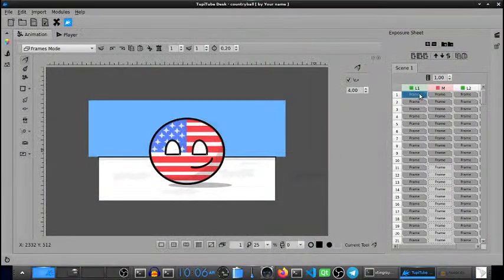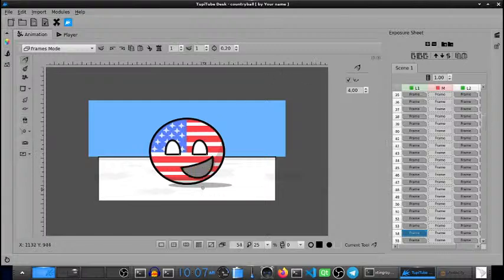So here is the source file, and if you pay attention, the mouth starts moving like this. There are several positions, several shapes, as you can see here.